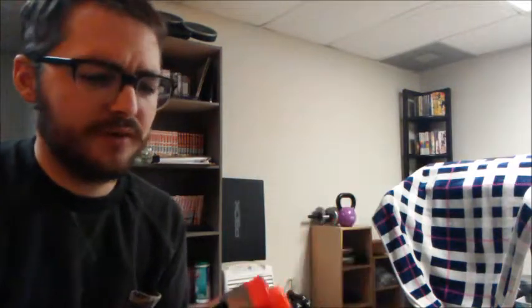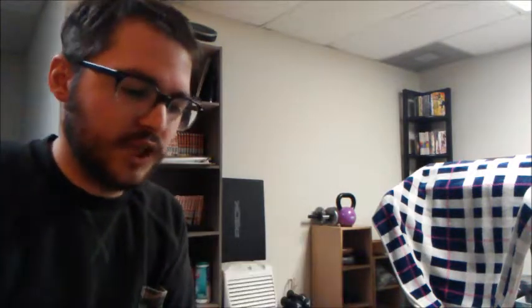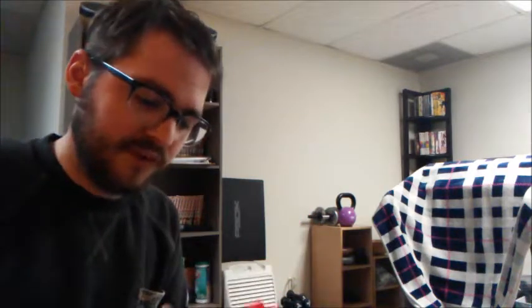Jolt's better. This one's pretty good, but still. Also, what's this? What is that? These probably aren't bad if you get rid of the shell and kind of break it down to its core components. Therefore, it kind of makes it a little bit more concealable, but